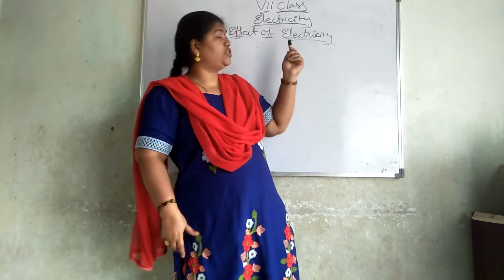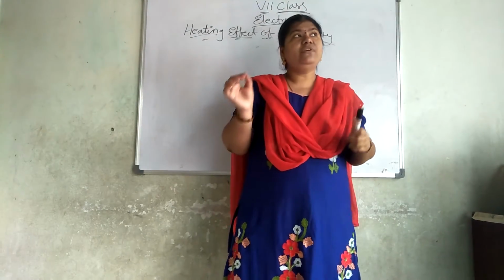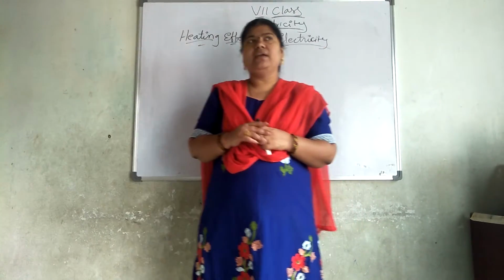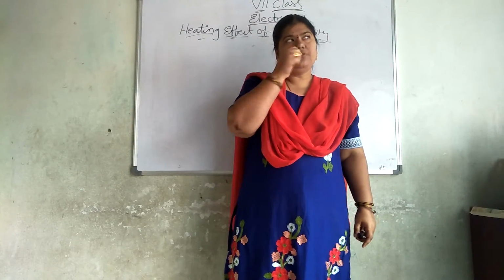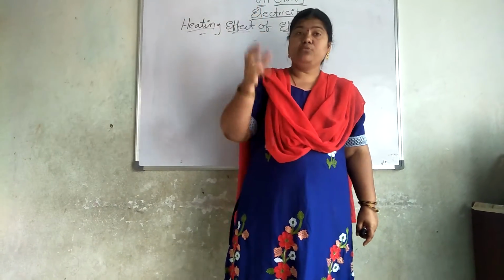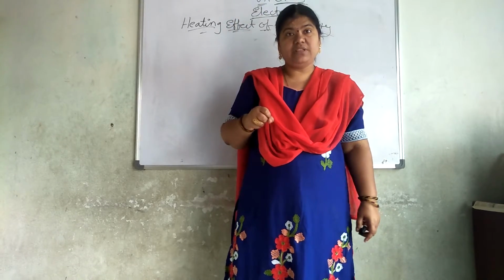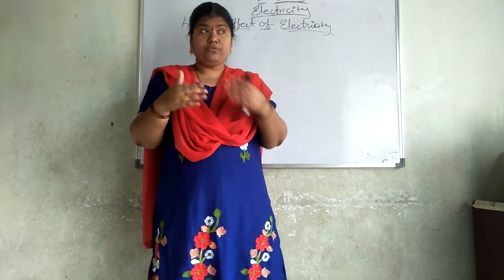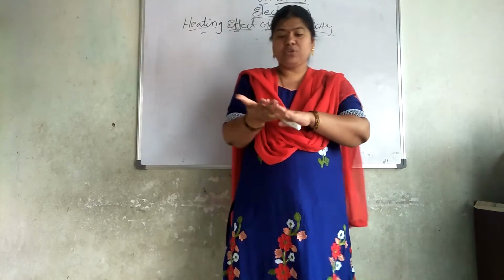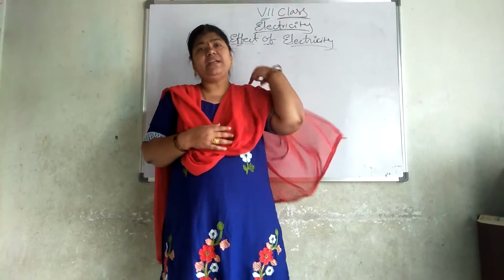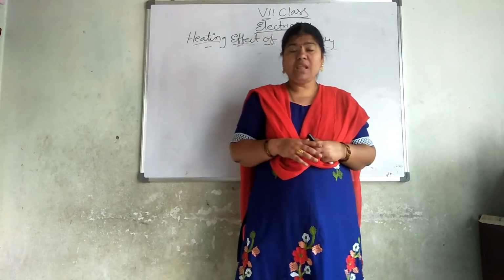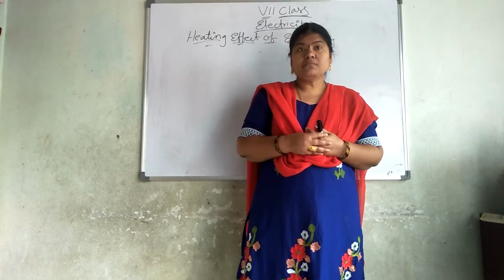That is the heating effect of electricity. When we switch on the bulb in the bedroom or bathroom or somewhere, and suddenly it was fused off and you want to remove that bulb, can we catch it immediately with our hand? If we try to catch it like that, our hand will burn. Within a few seconds, what will happen? It gets red hot. How is it happening?